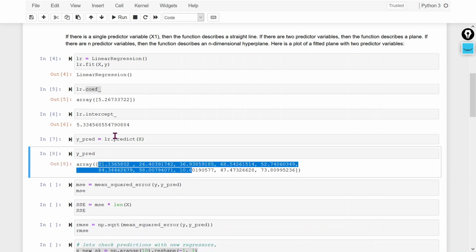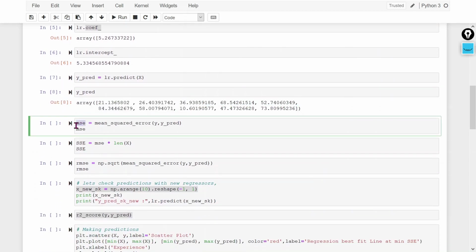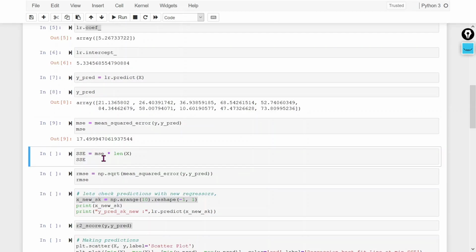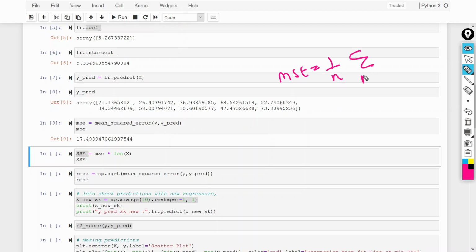How can we calculate the mean squared error? Mean squared error you can calculate with the help of this particular method, mean_squared_error, that we have already imported. Now if we want to calculate the sum of squared error, as you know, the mean squared error formula is 1 by n summation i is equal to 1 to n of y minus y hat whole square.